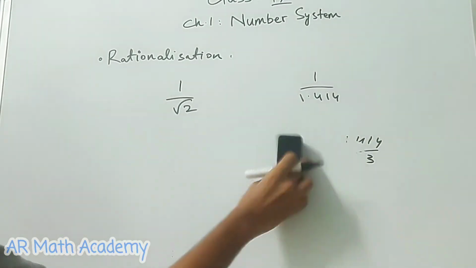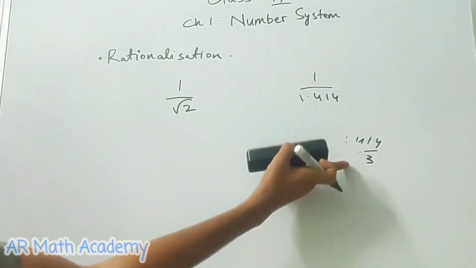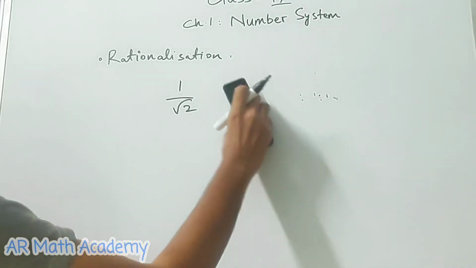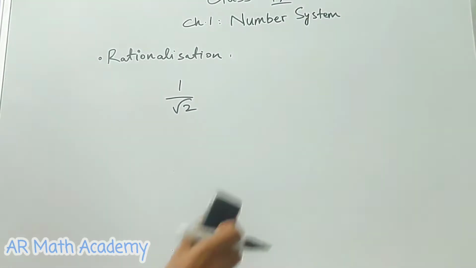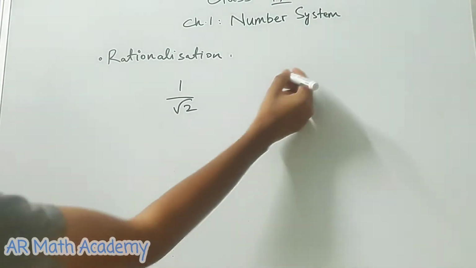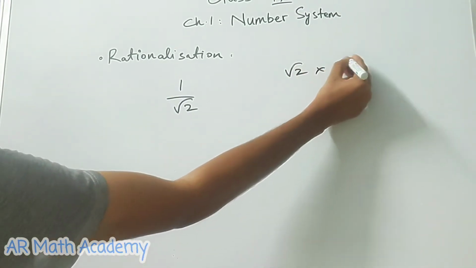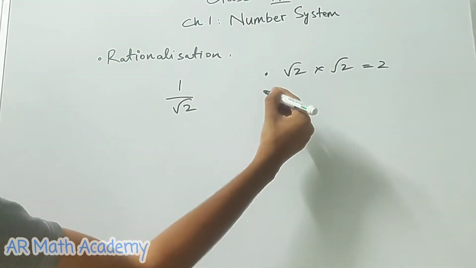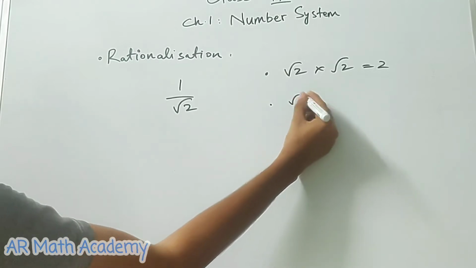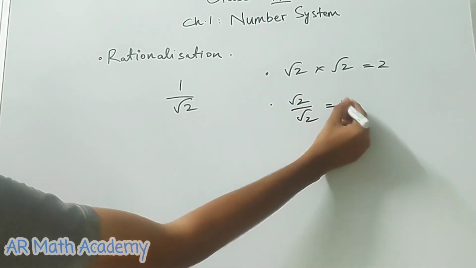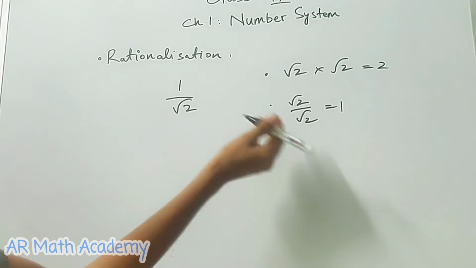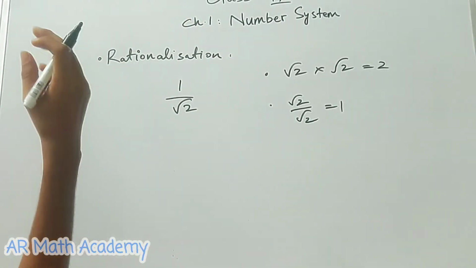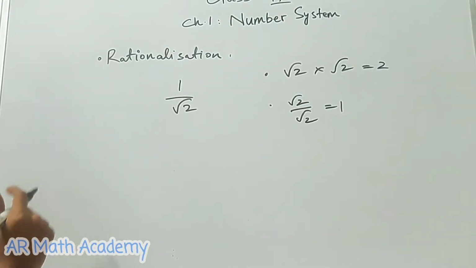So we want the same number to be represented in a form so that it is easily dividable and the value is easily known. So basically what we do over here is, you know the fact that root 2 times root 2 is 2, right? Root 2 the whole square is 2. This is one fact that we know. And the next fact would be root 2 divided by root 2 is 1. Well, this is quite obvious, but now bringing these two concepts together, we will solve the problem of rationalization.